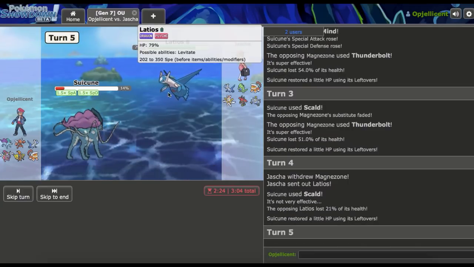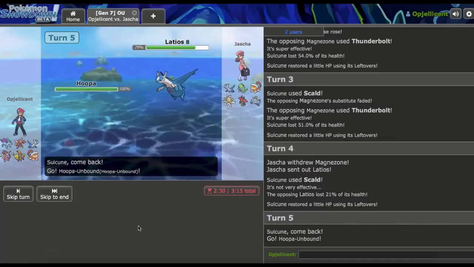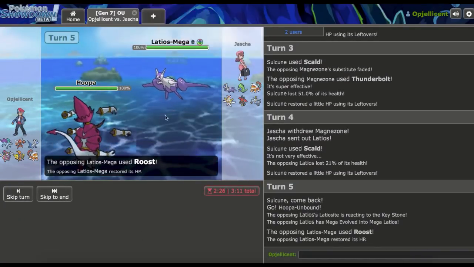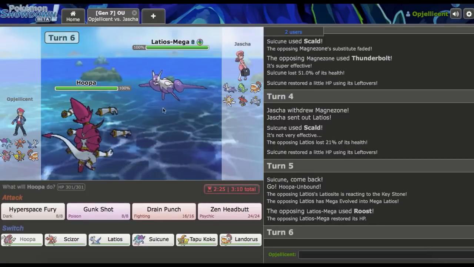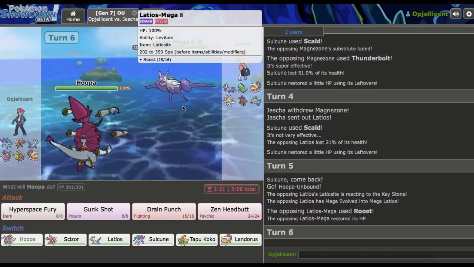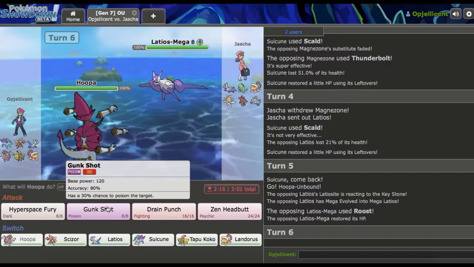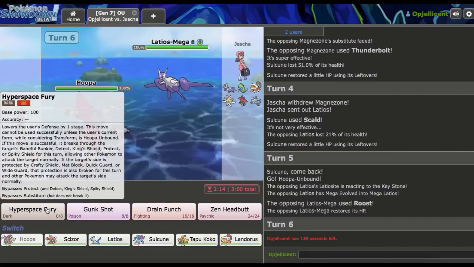Would have loved to punish him with the burn right there, but I'll go right here into my Hoopa, because I think you go right here for the Psychic type move. Actually, just Roosts up. I don't care. I can take a hit. And I'll just go right here for the... I really want a Drain Punch predicting Tyranitar to come in. I think I'm going to Gunk Shot though, predicting either Tapu Bulu or...